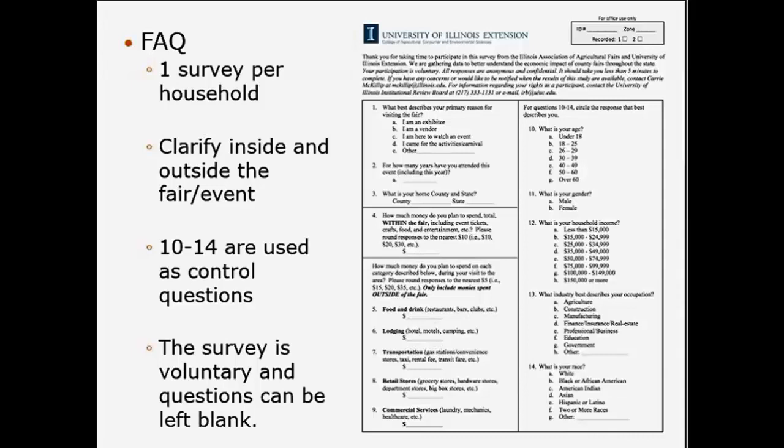Let me make sure I covered all those details. Again, the biggest thing, we don't want to cause any confrontation or any challenges for those administering the survey or taking the survey. So just a friendly reminder that this is all voluntary. If someone gets halfway through the survey and then decides, I don't want to tell you this, I don't want to answer this question, they don't have to do it. They can keep the survey, they don't have to turn it in, you can throw it away, whatever they're comfortable with.